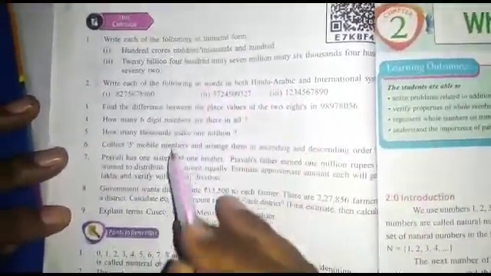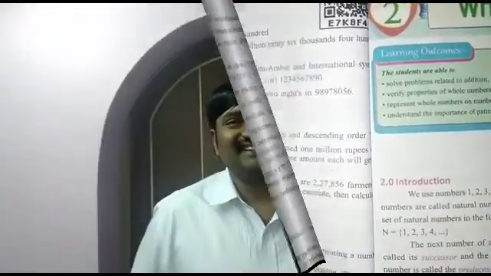Try to do the questions I gave. I already explained rounding off numbers to the nearest tens, nearest hundreds and nearest thousand. Do the related sums. Addition, subtraction, multiplication, whatever they gave in the textbook, observe it and complete it. And next, the last one, the unit exercise they give. That exercise is based on the full chapter. It is very easy. Read it one time and do it nicely.